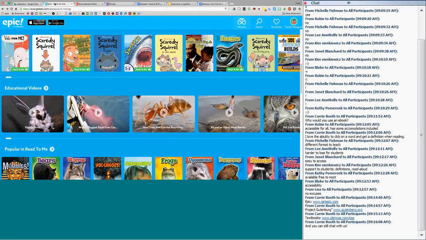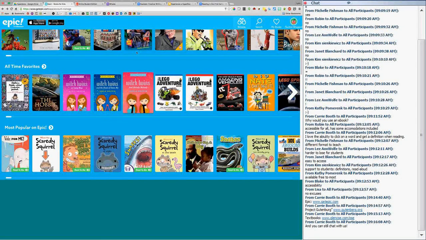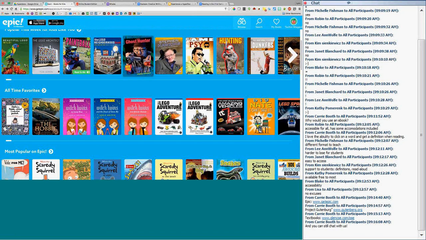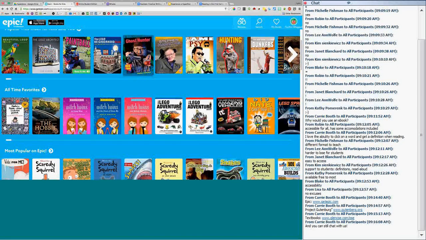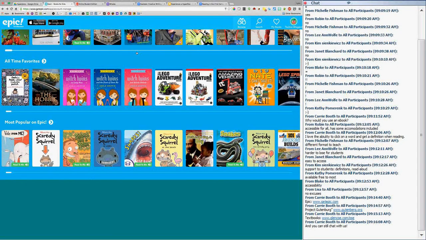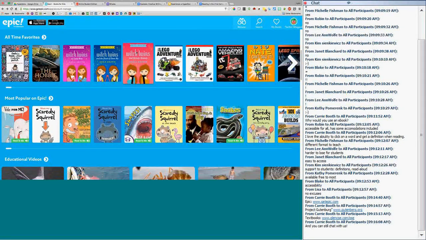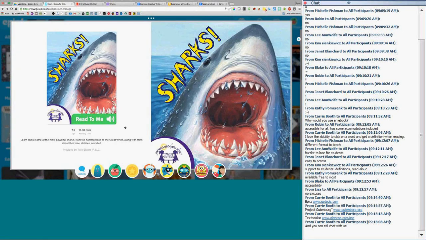They're a really fun site. It's also an app, so you can get it in your app launcher and just go right to it. But you can decide what types of books you want to have for your students. I just selected a variety, and it gives you suggested books. These are the more popular ones. Really fun. You can see where you can have the book read to them, and this is a really nice feature. So when you click on it, if you click Read to Me,